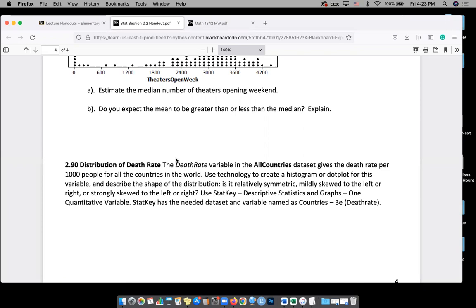So that's what this recording is for, is what in StatKey are you needing and what are you needing to get done? So there is a data set called All Countries that you could download from Blackboard. I'll do that at the very end, but I want to show you maybe the quickest way to get these homework questions done. But you need the variable death rate for all the different countries. It says use technology and create a histogram or a dot plot. They're very similar. And all we're going to be doing is looking at the general shape of it, whether it's symmetric, skewed left, skewed right,